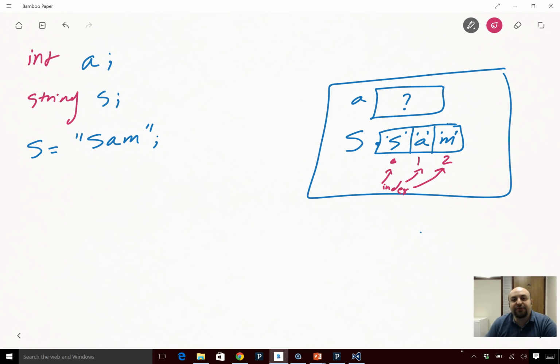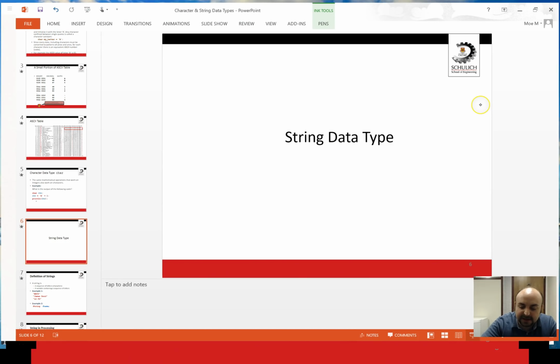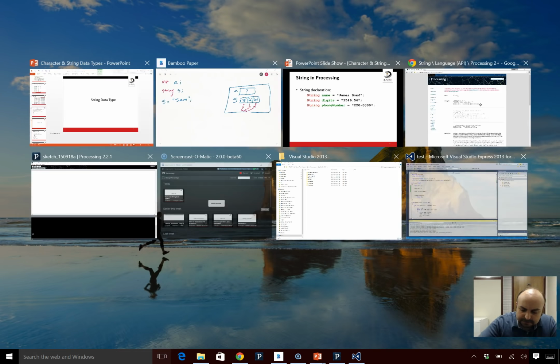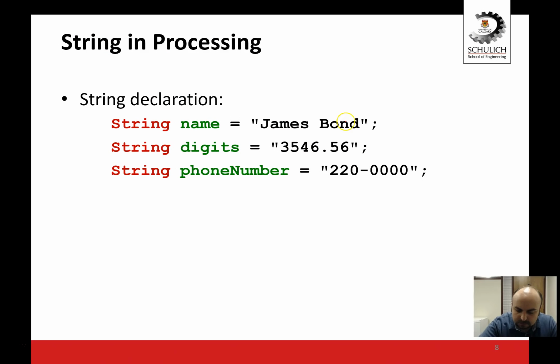The size of the string is 3, right? Another interesting thing about strings is that you always need their size to see how much data they are holding. So let's go back to my slides real quick. So if we declare